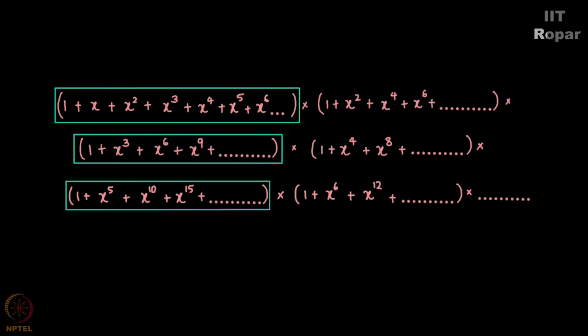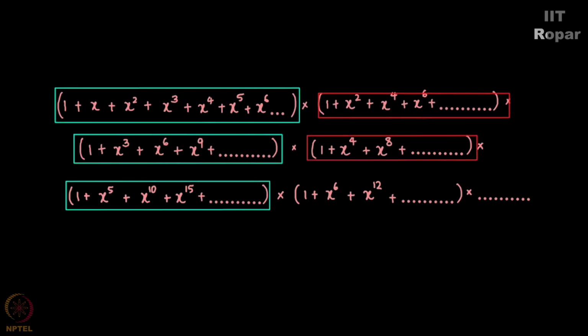Why not the others? Let me ask you this question. Because, very easy to observe, only if I have a summand as 2 in my partition will I go to this house. Only if I have a 4 will I go to this house. Only if I have a 6 will I go to this house. Since I do not have a 6, a 4 or a 2, because I am concerned only about odd summands, I am not going to choose these houses. I am only concerned about these houses.